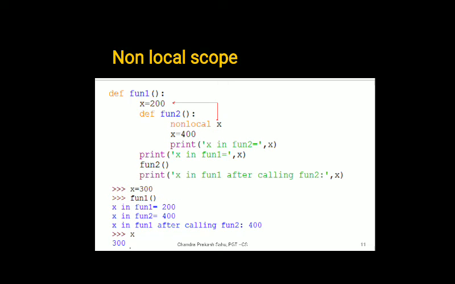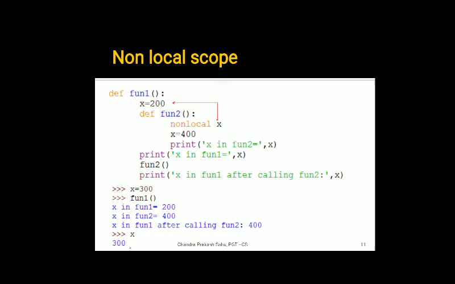So it has not been changed. The global variable has not been changed. Inside fun1, x, a local variable, was created and a function was called, and inside that function the x was accessed and its value was changed to 400. But none of these lines accessed the global value.